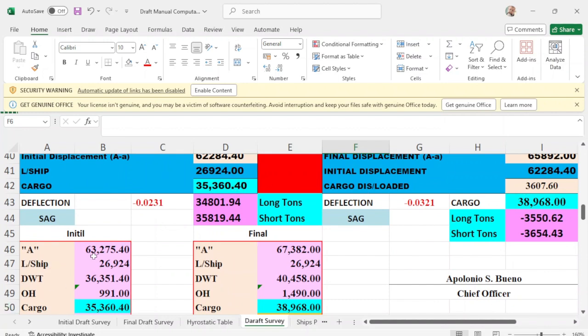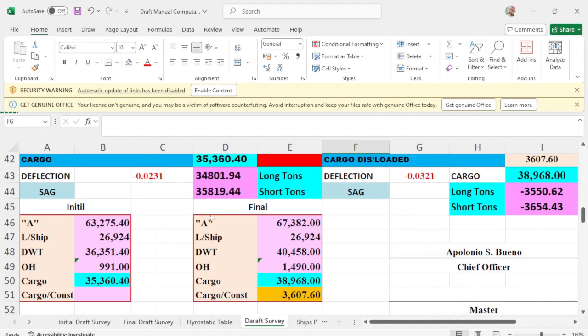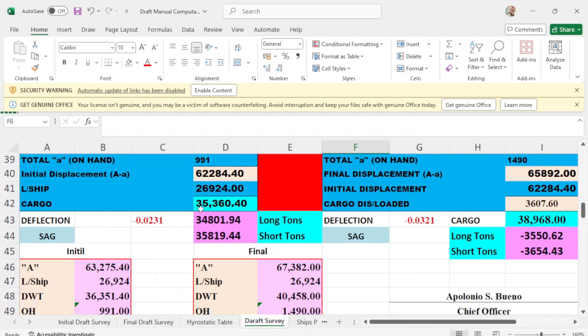This is your displacement minus your light ship equals your deadweight minus your on hands remaining on board, and then your cargo is 35360, which is the same. So this one, I usually put this one for checking to see if you have the right figure here.